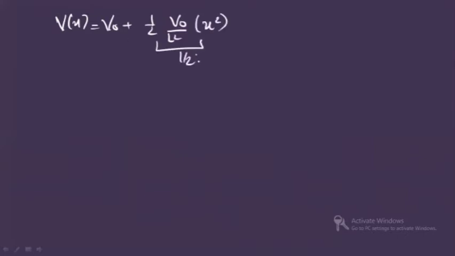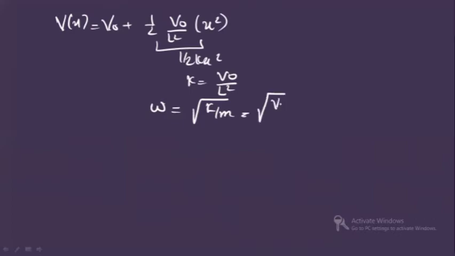So if it is written as Vx, it is equals to V0 plus half V0 by L square, this is x square. In this case, this is resembling half kx square. So from this you can say k is equals to V naught by L square. And omega is equals to what? K by M. So you can write omega will be equals to, in this case, V naught by M, right? 1 by L. Is it clear? This is what you will write.